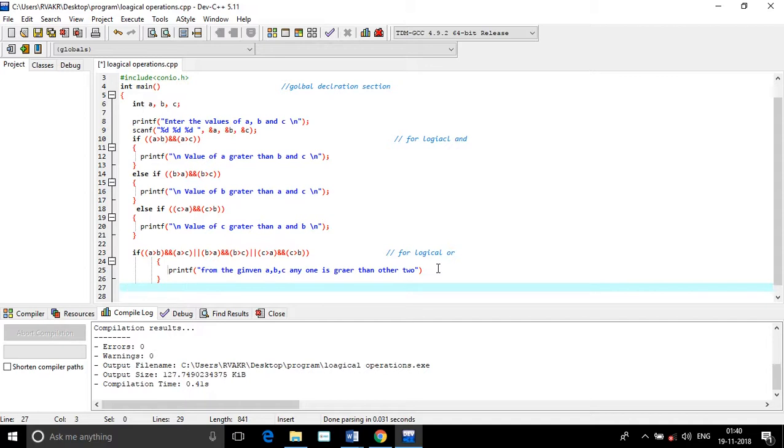We have a, b, c three values. So if either a or b or c, there is only one value greater. For simplification purpose I am going to simply take if